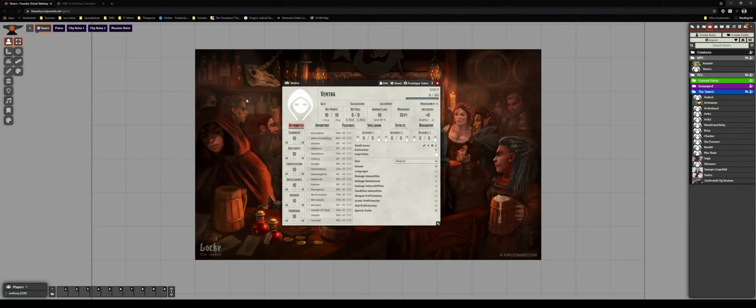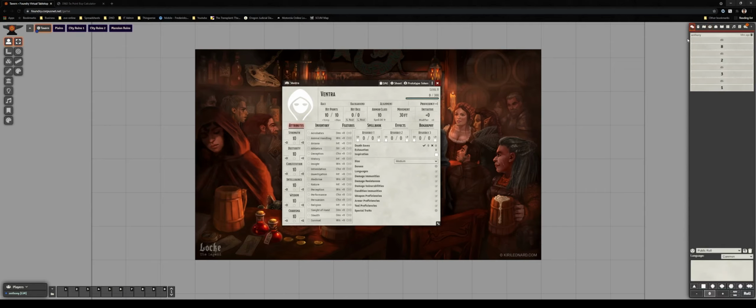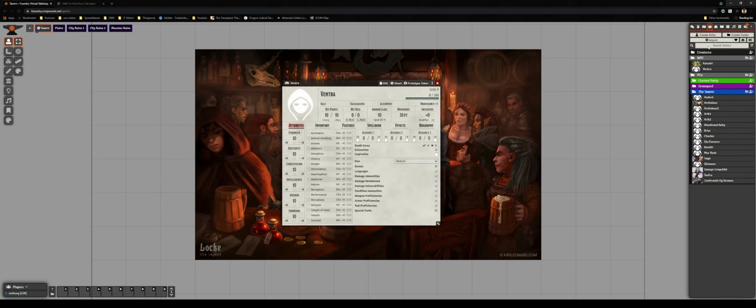So the first thing that you're going to want to do when you fire up Foundry is come to the actors directory, which by default will be on the chat window over here on the right hand side. You can come over to this little people icon, and that will get you to the actors directory. Your guys's character sheets will all be under PCs in the tavern,